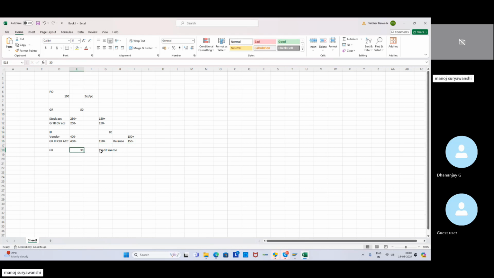So either you do a GR of remaining quantities or you post a credit memo of remaining quantities. In that case, this GRIR account will get cleared automatically. You don't have to do anything. Okay. But suppose if you don't do this,